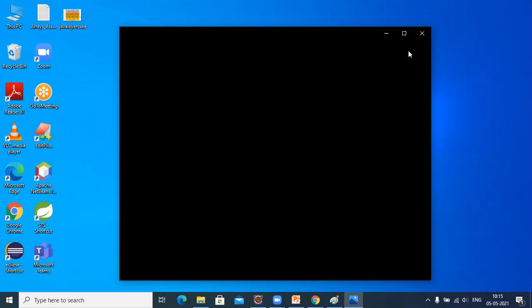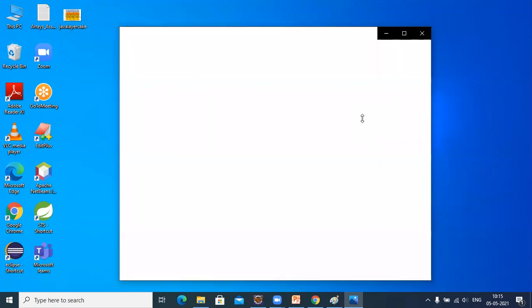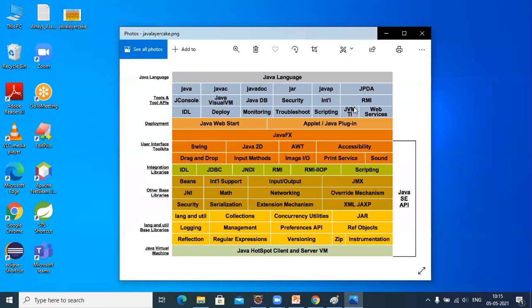So you can see when we are discussing Java 1.8, in 1.8 you have all these modules. Okay, you can see. So this is basically the virtual machine, which is of type client server virtual machine. And this entire thing is the Java Standard Edition API. Above it is Java FX, a UI part. Okay, that is not required.